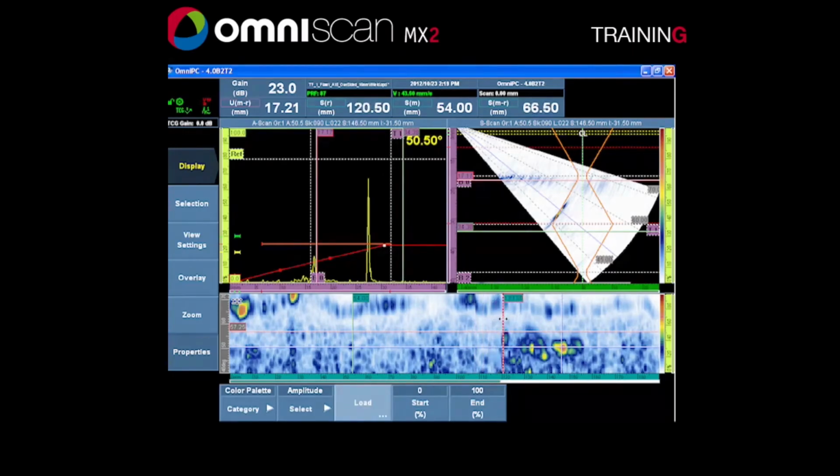We'll place a red cursor where the flaw length starts, using either an amplitude drop, a visualization, or a rapid drop type technique. We identify where the flaw starts at 120. We'll use a green cursor, or the measure cursor, to identify where the flaw stops,